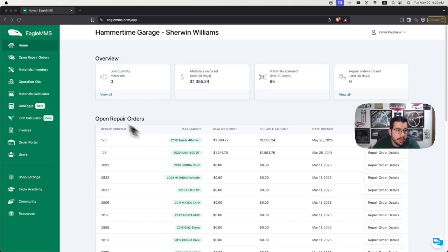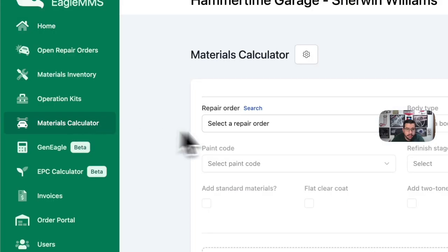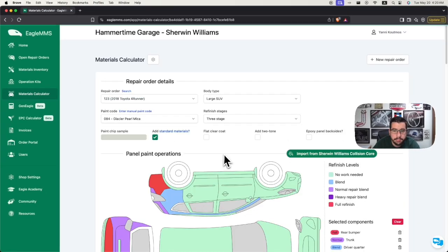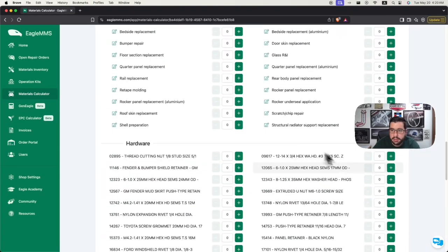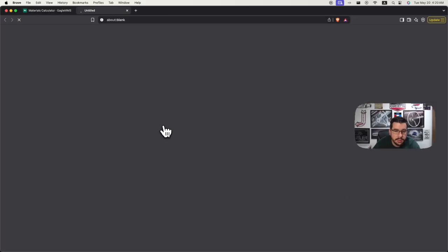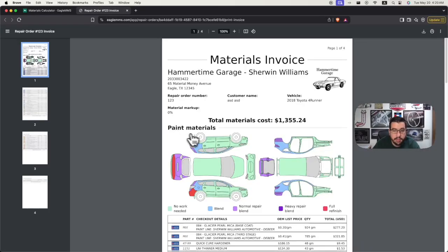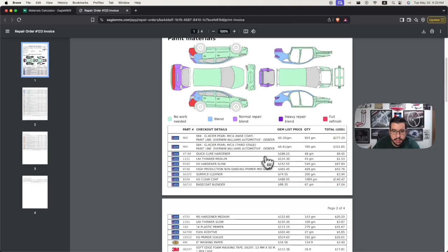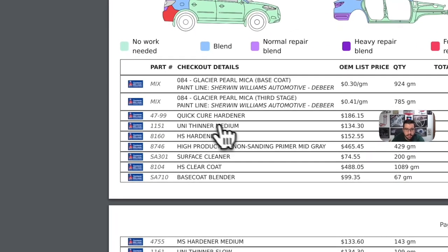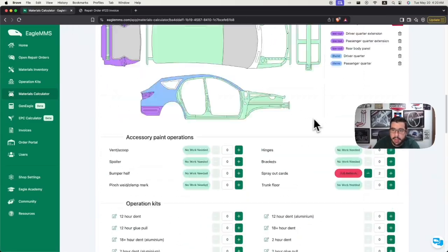So once you've downloaded that PDF, you can go to your calculator, open your RO. This is one I was already working on, so if I render this invoice, you'll see my estimated volumes for my selections right here. But if I want to import from scale, I'm going to go back to the calc,